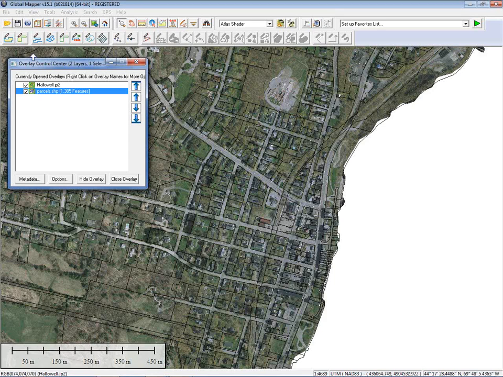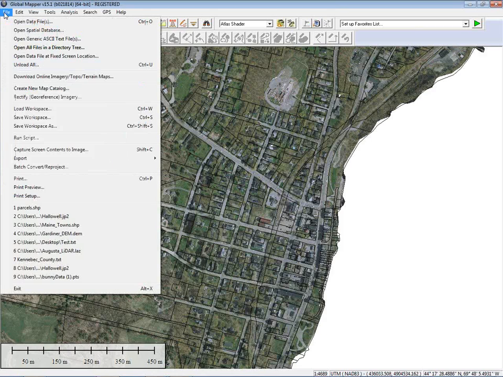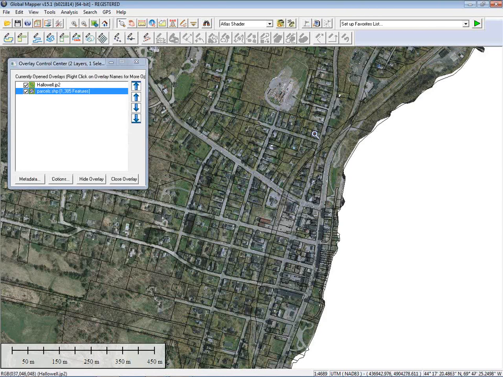There's a number of other ways to load in data as well. Global Mapper supports spatial databases, so if your company or you have a spatial database already set up, Global Mapper will connect into that. And this Open All Files and Directory is a way to batch import data. So if you have a bunch of information or files located together, you can open them all at once using this file command. The Open ASCII data is a way to read in text files. I'm actually going to unload what I have